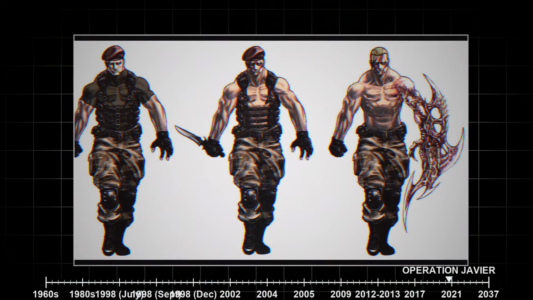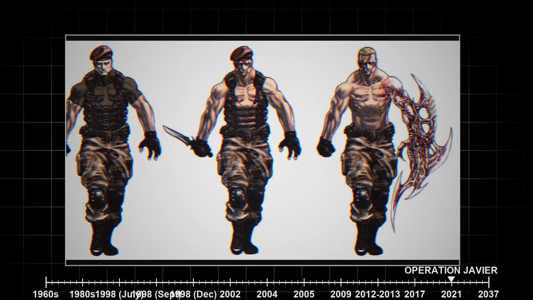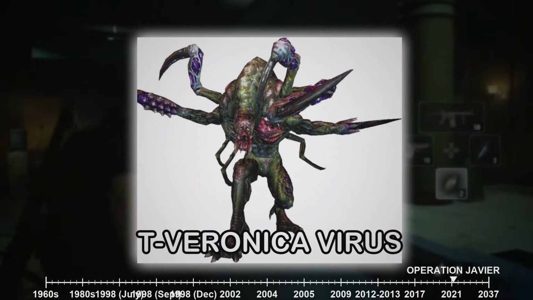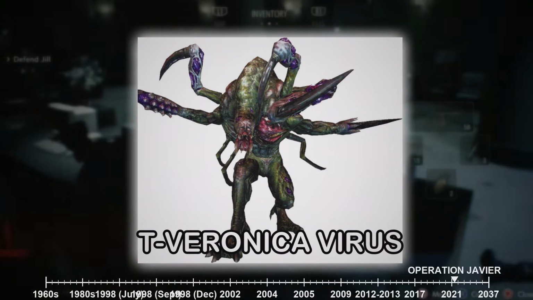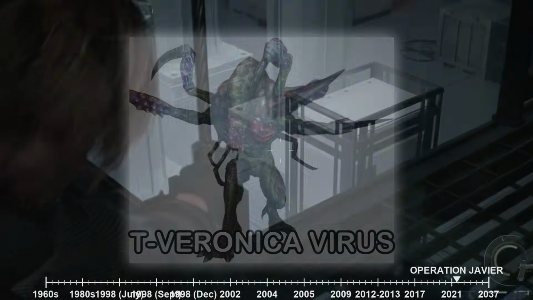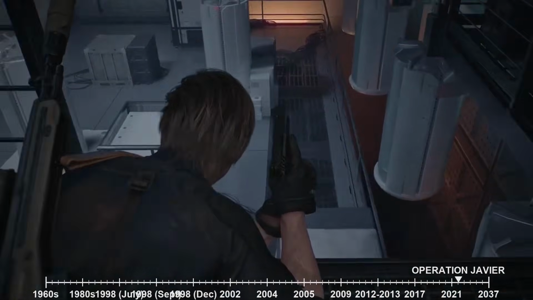The physical and psychological toll of the mission, especially his debilitating injury, began to manifest in a profound and disturbing way. The power of the Veronica virus, witnessed firsthand in Manuela and Javier, and the sheer destructive force of the BOWs they had faced, had a corrupting influence on Krauser's mind. He began to question the limits of human strength and the perceived weakness of conventional warfare against such overwhelming biological